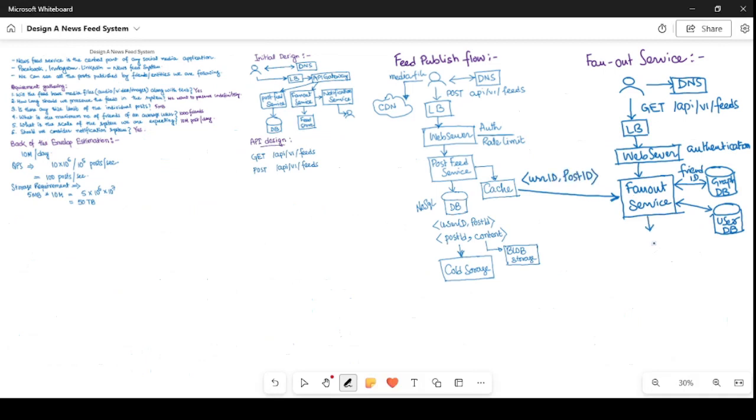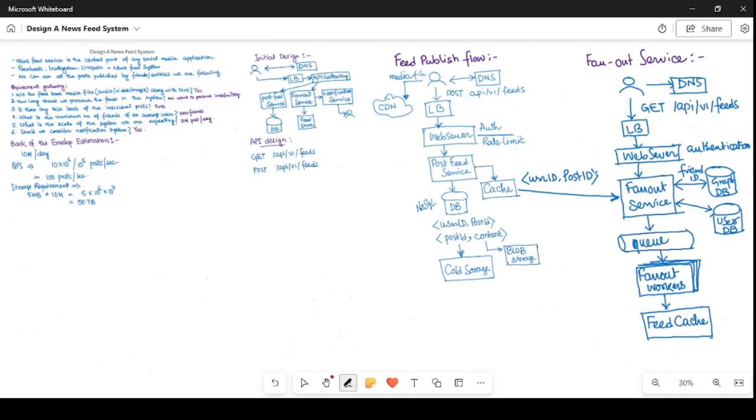After that, fan out service will publish the posts into a message queue. Using a message queue, we can make our system asynchronous. We can have a number of fan out workers which will pick up the posts asynchronously from the queue and prepare feeds for all of its friends and keep it in a cache. As and when the user is opening the home page of the social media site, it will consult with the feed cache and fetch the news feed for that particular user.